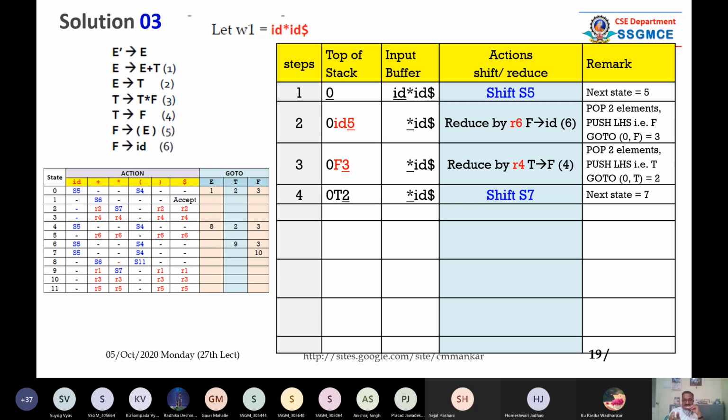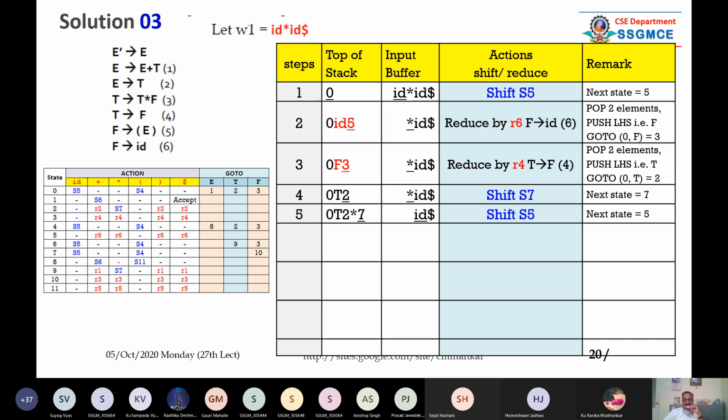So you have to push that star into stack and then push new state into the stack. So see the line number 5 like this. So 2 will be there, star will be there, and 7 will be there. 7 is the new current state. Buffer में का star निकल गया. Now you are pointing to ID. ID is the last remaining atom. Definitely dollar is there, and that is a end marker or sentinel.